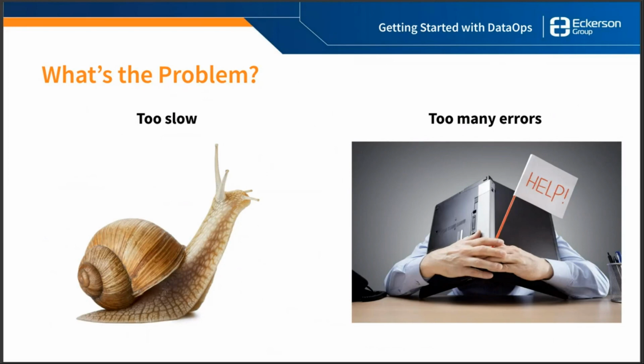What's wrong? Well, I probably don't need to tell you this or you wouldn't be here, but there are a lot of challenges in data analytics and data operations as it exists today. The primary issues: data solutions take too long to deploy and develop, and they have too many errors. We have more and more data than ever before, and data is more and more vital to how we run our businesses. And so these sorts of issues can cause high levels of consternation for business users. When you want the answer to a question or your dashboard breaks, this creates a lot of disconnect between data